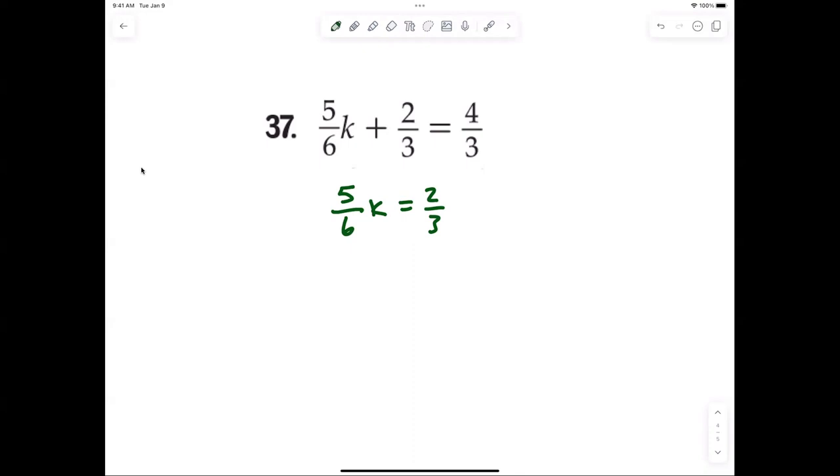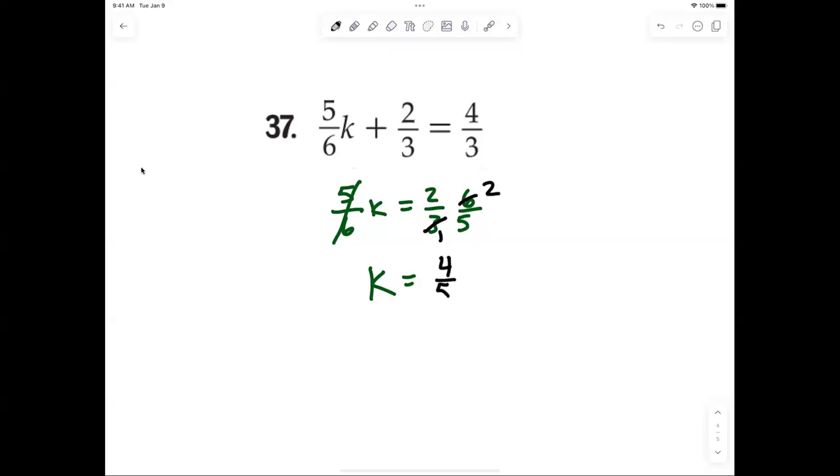Now, how do I get rid of a fraction? And what is the reciprocal? 6/5. Beautiful. So now we have to simplify that fraction. Now we're working on our multiplying fractions. We can cross cancel. So what can be divided out? The 3 and the 6. The 3 becomes a 1, the 6 becomes a 2. Now, does anything else cross out? So my final answer is